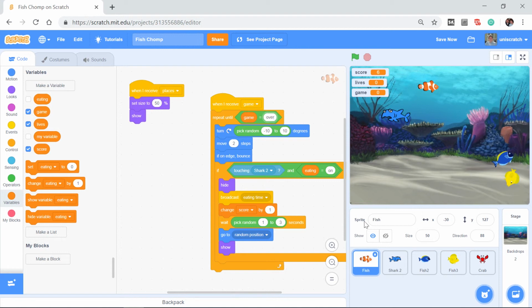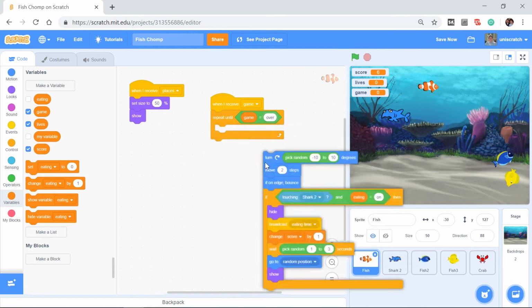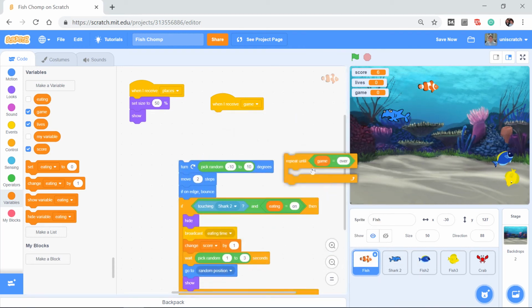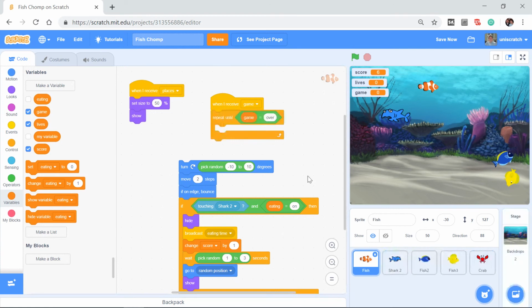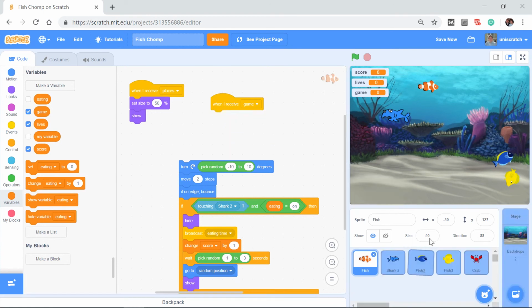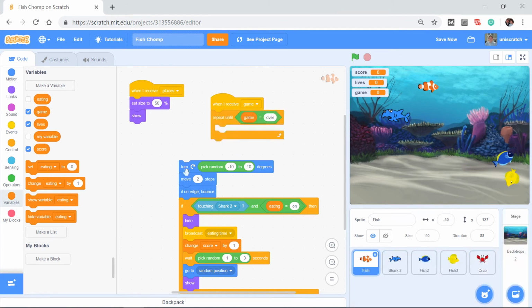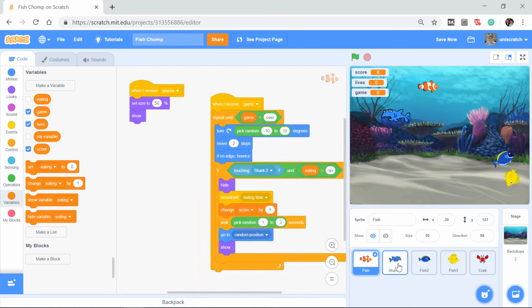Right? We want to put this into every one of these other animals as well. So I'm going to pull this out, and I'm just going to copy the game equals over to the shark, the fish, and the crab. Good, now we got it over all those other places, so I can put this here.